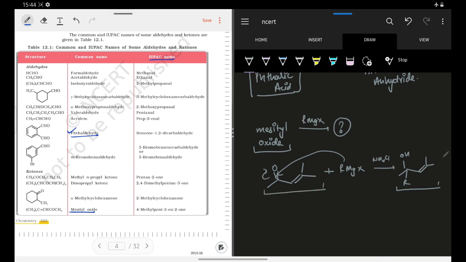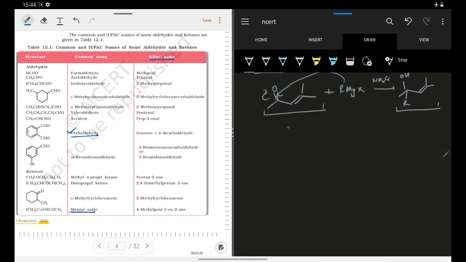Now if I give you mesityl oxide and say learn this structure, you might forget it. Let's not try to remember it in this way. Let's try to remember it in a different way. What will happen if I take two molecules of acetone and I try to condense them? I can remove two hydrogens from here and I can remove this oxygen. If I remove them, this molecule will get condensed. Once it condenses, it will lead to the structure of this,